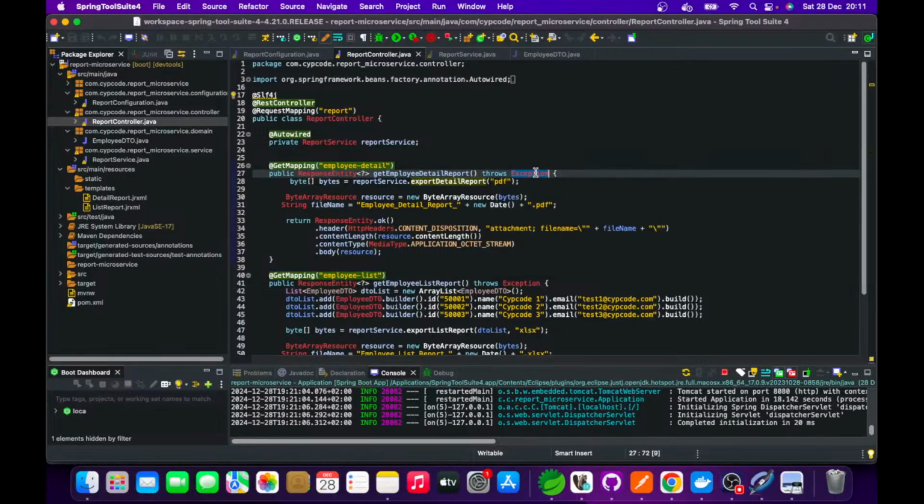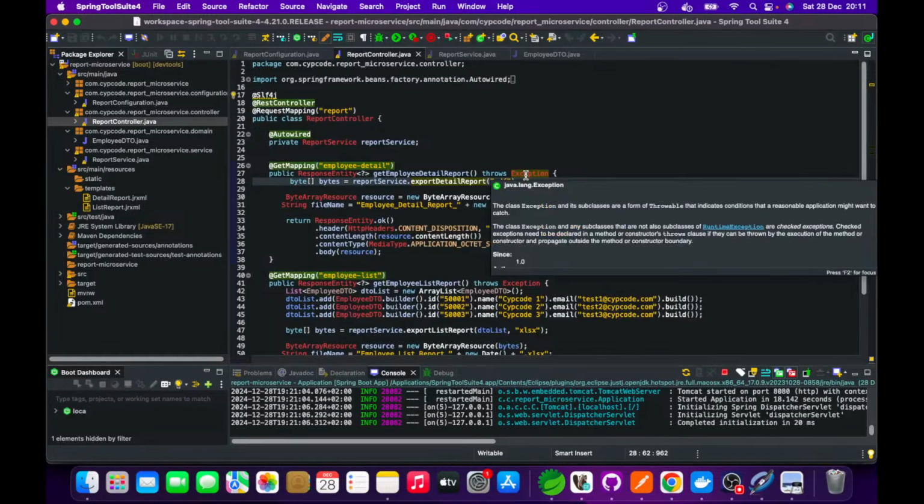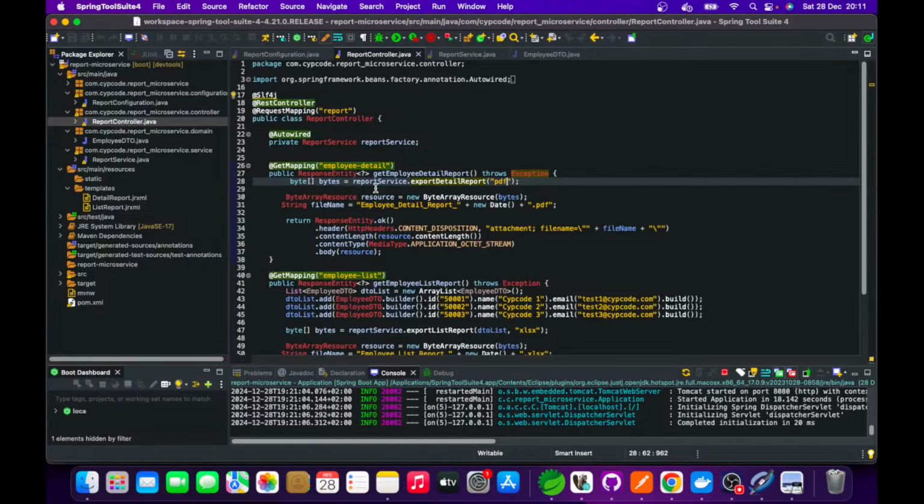If you have your own custom exception, I recommend you do throw that so that you know what exception was thrown, and you can basically feed back the correct exception to your users or consumers of your particular APIs. And then within the service, we have the report service where we get the actual report as a byte array,